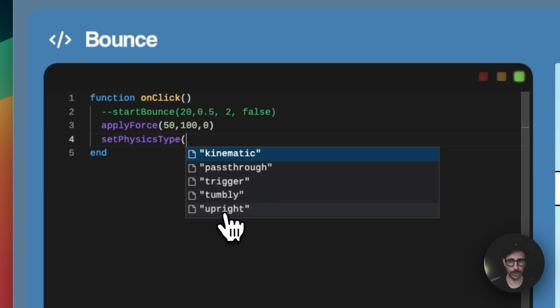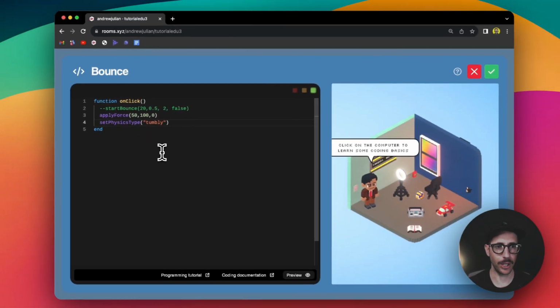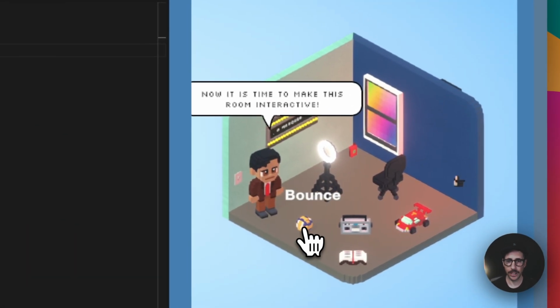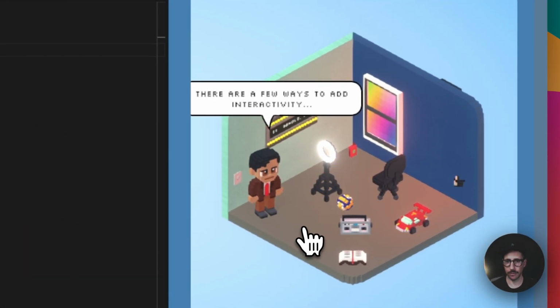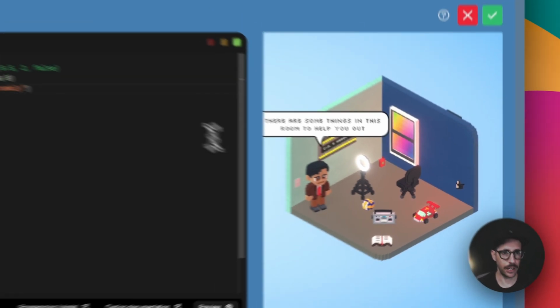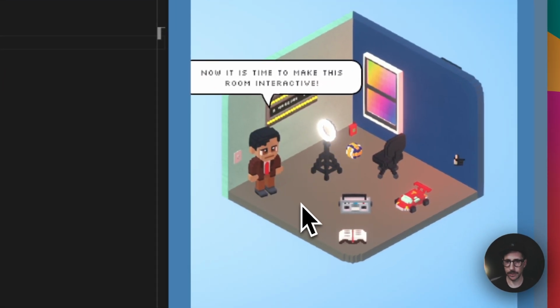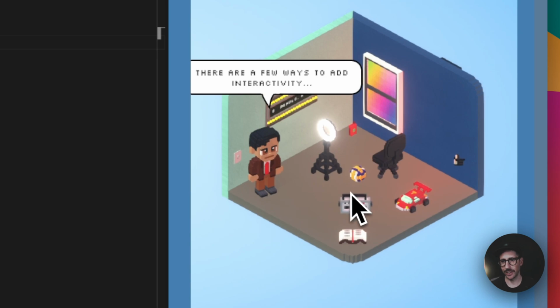Upright means that your object will always be upright, and tumbly means that your object will just tumble as it sees fit. So if we select tumbly here and click on preview, and then I click on the ball, we can see that whenever it interacts with other items, it will tumble as opposed to just staying upright. If we make this upright and run the preview again, you can see that the ball just always stays upright and doesn't really tumble. So that's not really authentic physics, but it really depends on what you are looking for